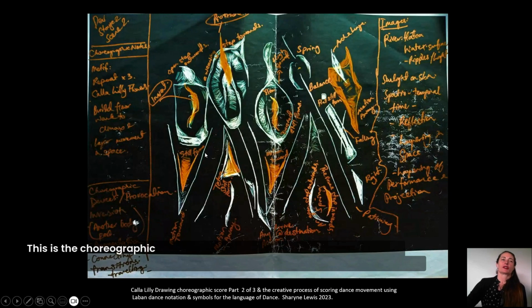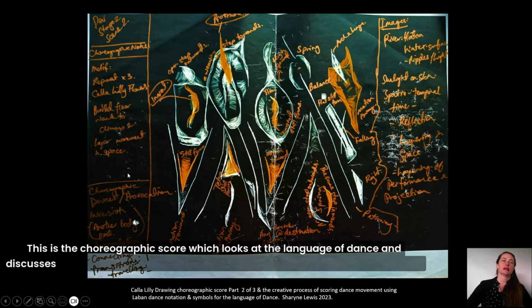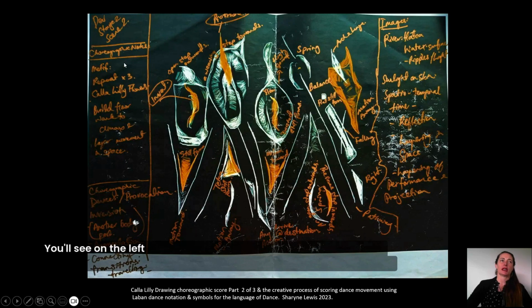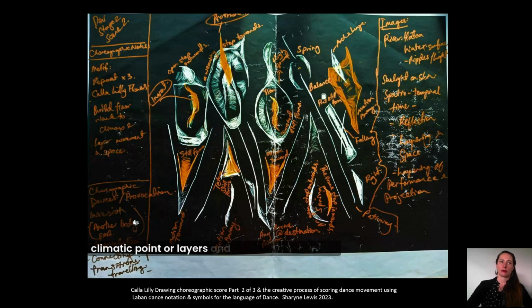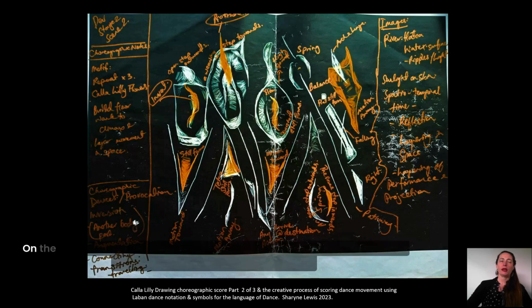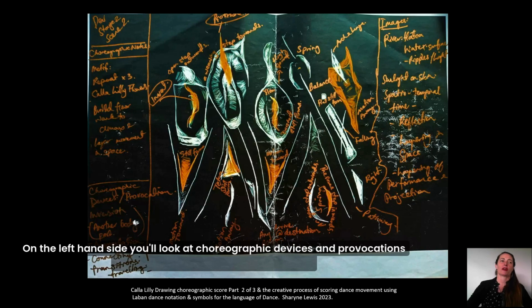This is my choreographic score, which looks at the language of dance and discusses the choreographic processes and developing the movement for Portals to Venus. You'll see on the left here the choreographic notes for a motif and using repetition and the colour lily flowers, which is a spiral motif, and it leads to a climactic point or layers in movement in space. On the left hand side you'll look at choreographic devices and provocations such as inversion, which is an